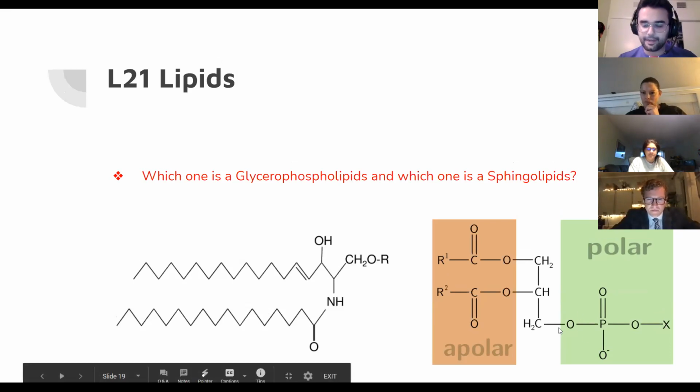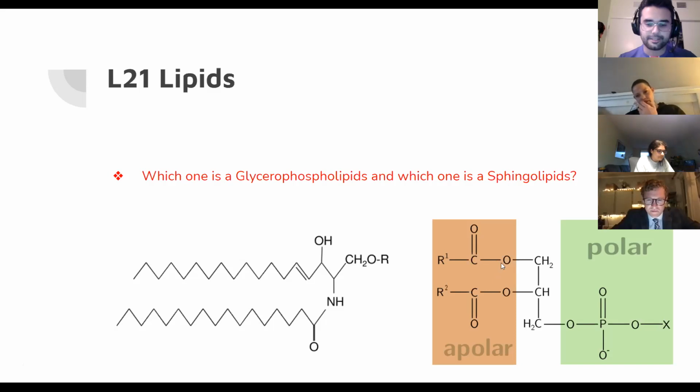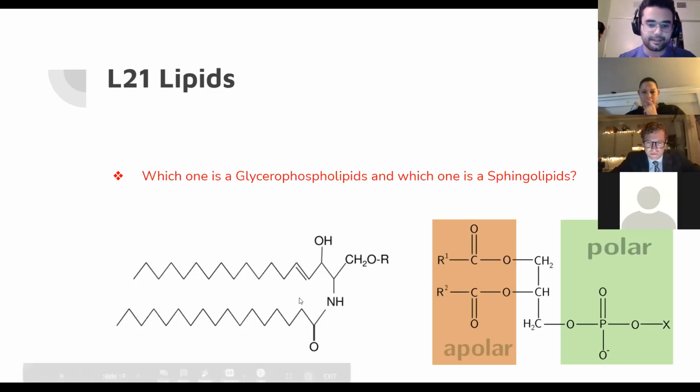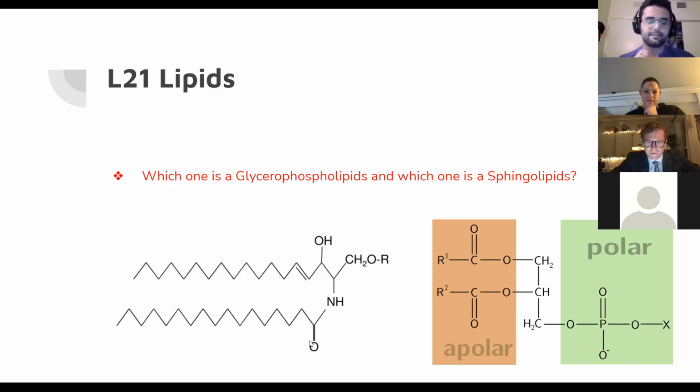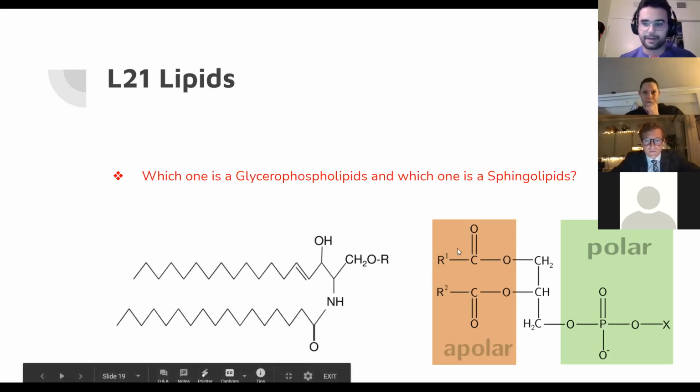In this case right here, we have an OH, and we actually have an ester linkage right here, as we see, right? A double bonded O and another alkoxy oxygen, or an alkoxy bond. These are ester linkages, right? And this is an amide linkage. That's how I usually think about it, because for the most part, you're not going to see a nitrogen in a glycerophospholipid. A sphingosine is a little bit different because it has this amide linkage, so it has to have a nitrogen in there somehow.